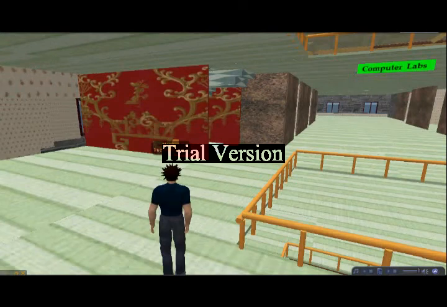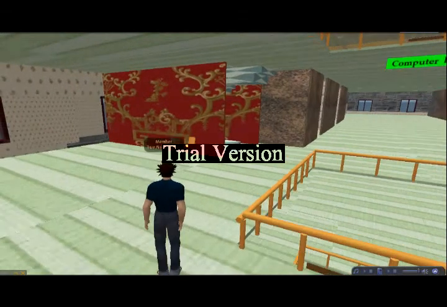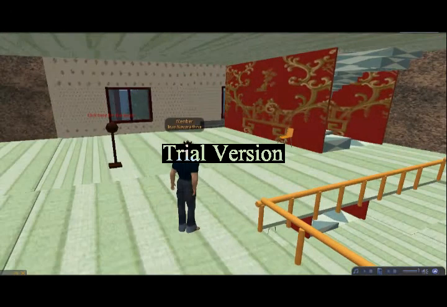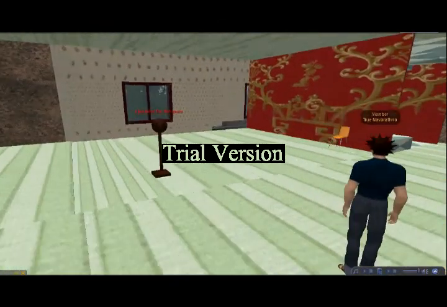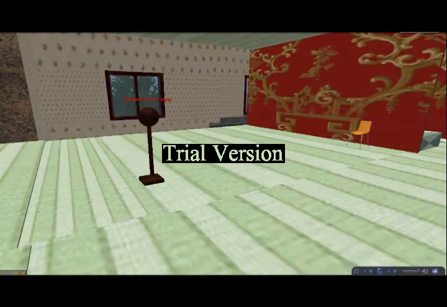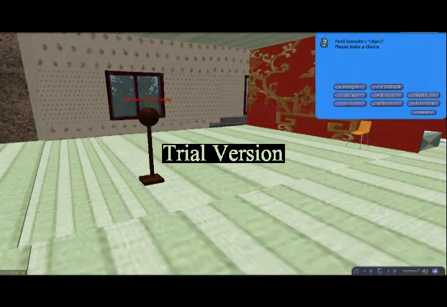Previously we saw how to teleport within Flasham Hall. Now we will be seeing how to teleport outside of Flasham Hall to places like the library, smart classroom, and different other places. Here we again have a menu box. We click on the menu box. We get options. I select smart classroom.